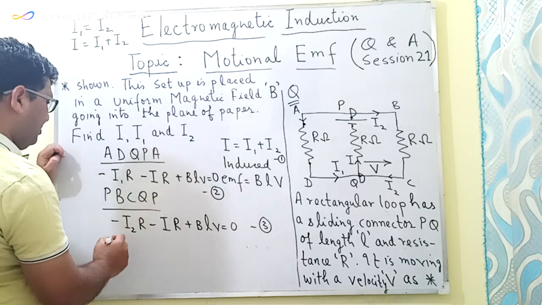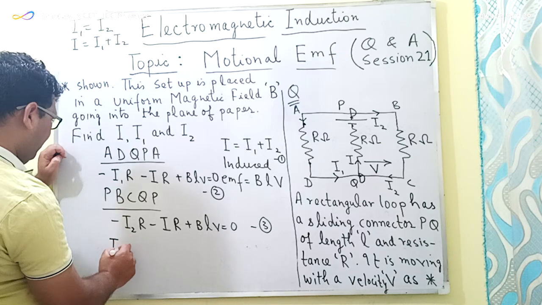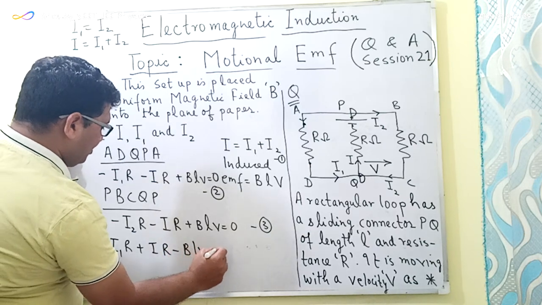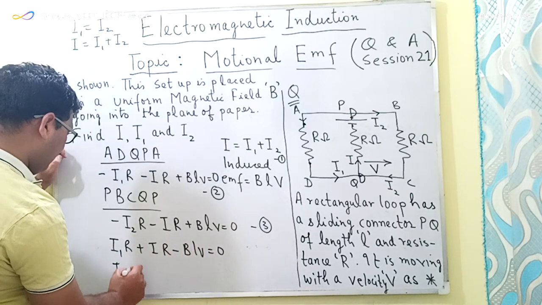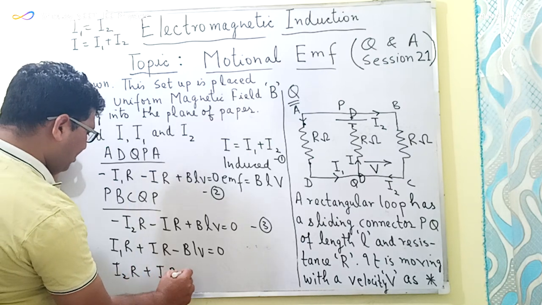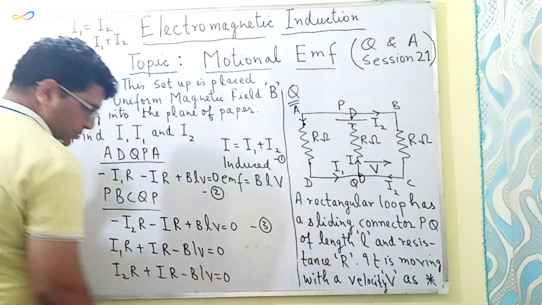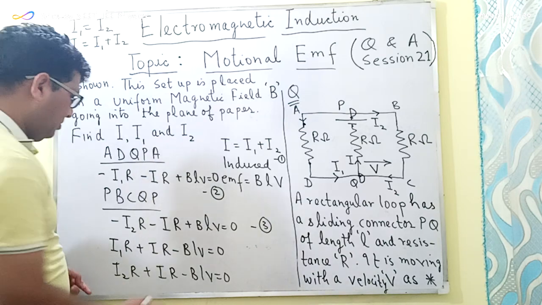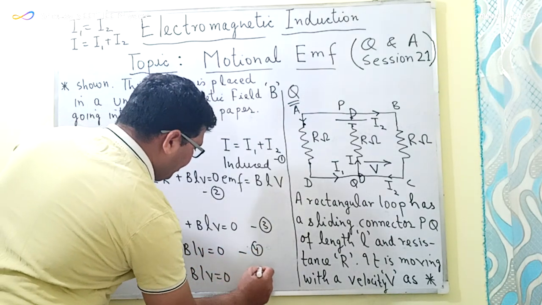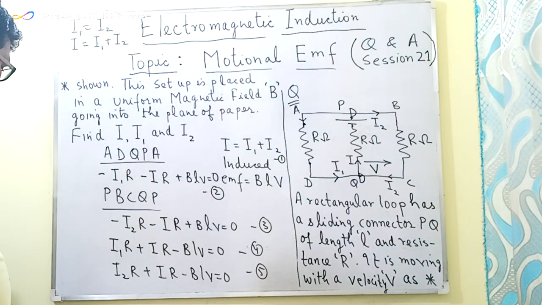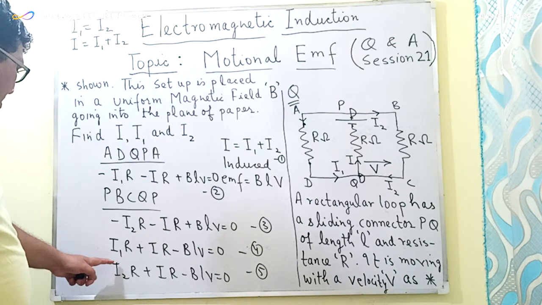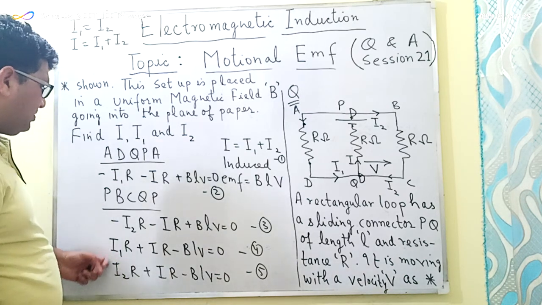Now, from equation number 2, this equation can also be written as I1R plus IR minus BLV equal to 0, and this equation can be written as I2R plus IR minus B into L into V equal to 0. Let us say these are equation numbers 4 and 5. Now if I add these two equations, that is 4 and 5,